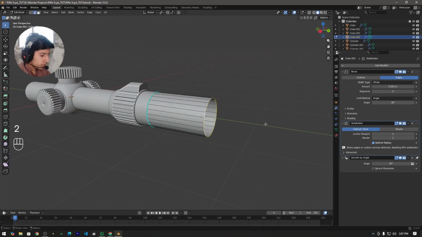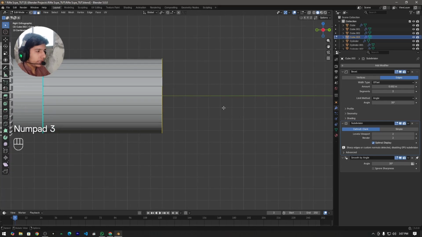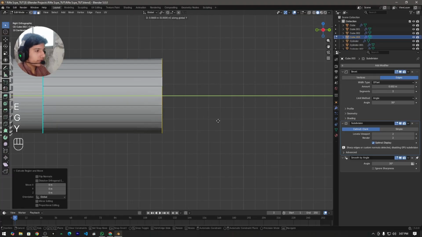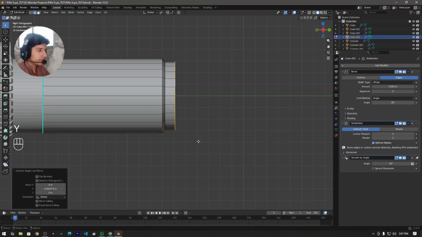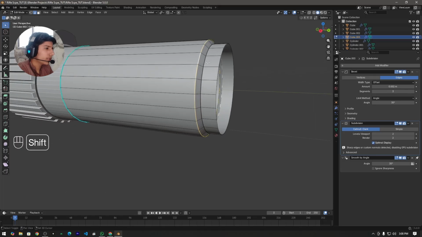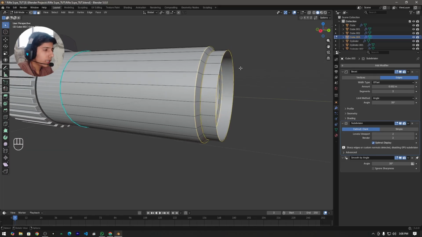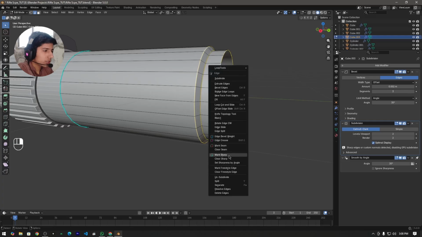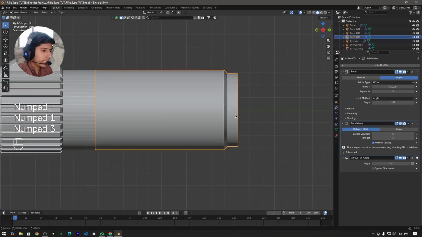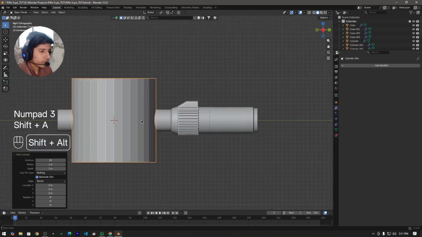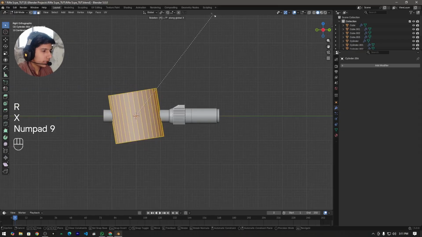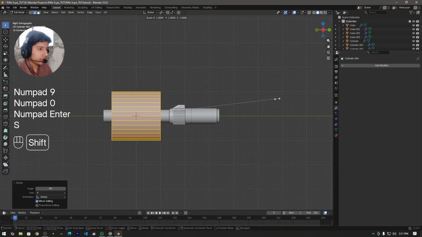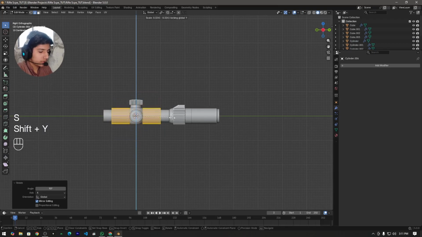Now select this edge loop, press E to extrude it, GY and then scale it down, and then extrude it one more time. Now select this edge loop, this one and this one, right click and then mark sharp. Now add another cylinder, go into edit mode, press RX 90, again just like before, scale it down, GY